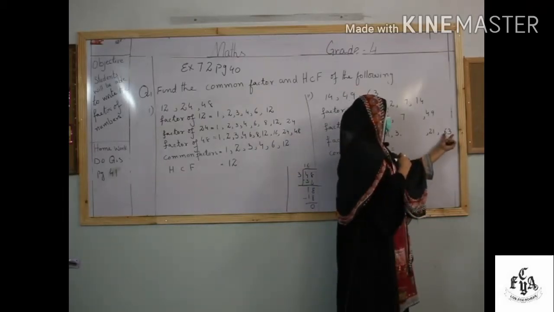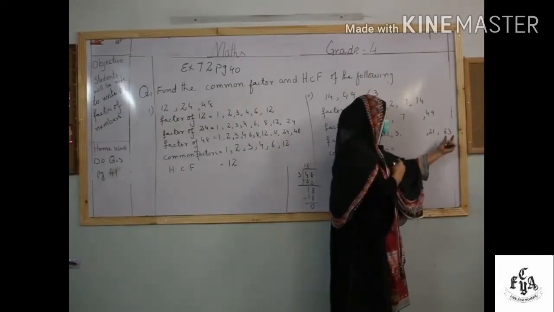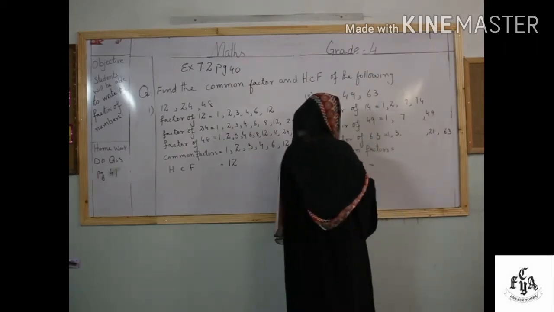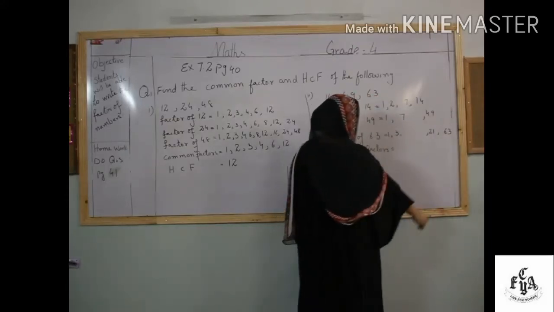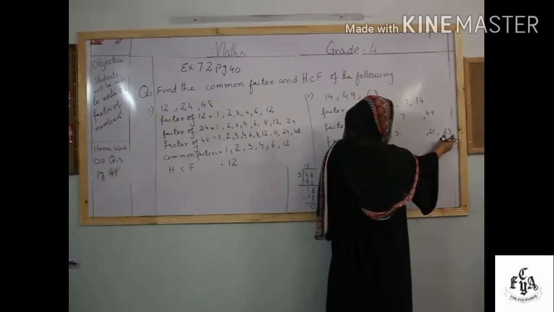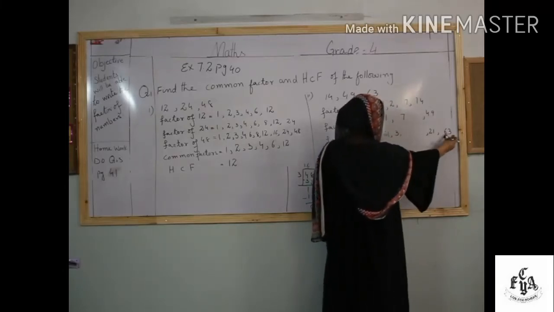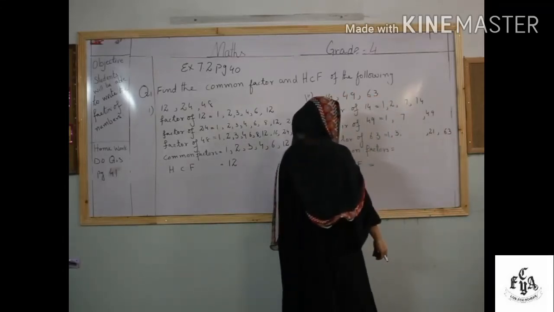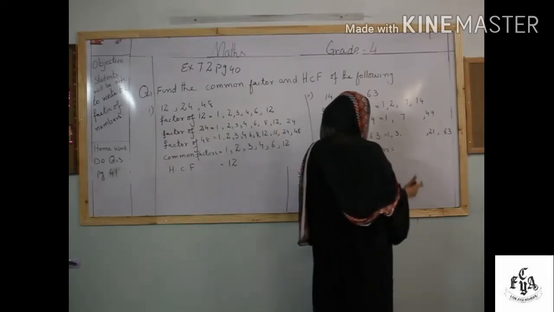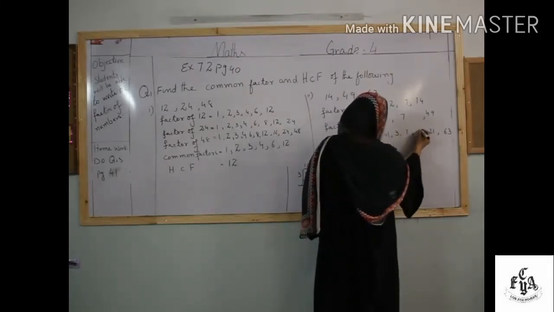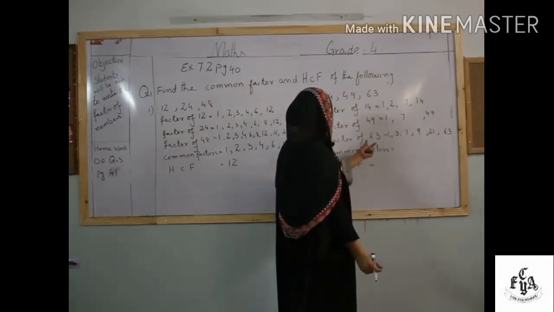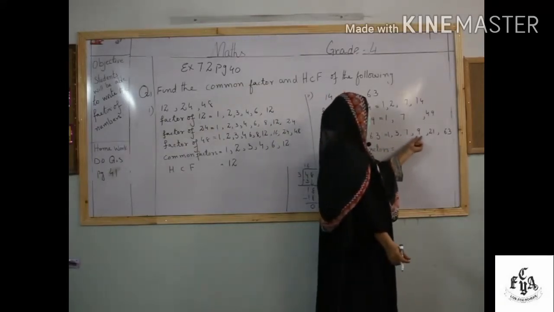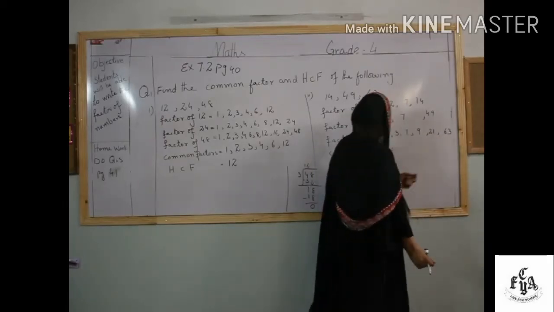Now we have next number 4. 63 is an odd number, so it is not divisible by 4. 3 is an odd number and it is not divisible by 5. Now number 6. 63 is odd and 6 is an even number, so it is not divisible by 6. Now in 7 table, 7 9s are 63. Now the factors of 63 are 1, 3, 7, 9, 21 and 63.